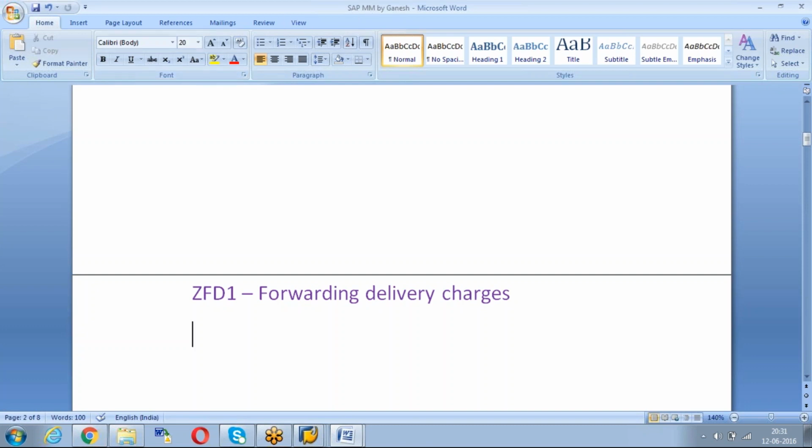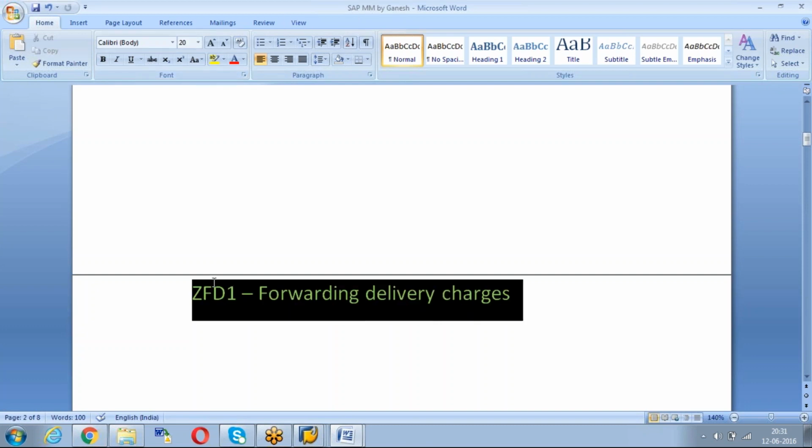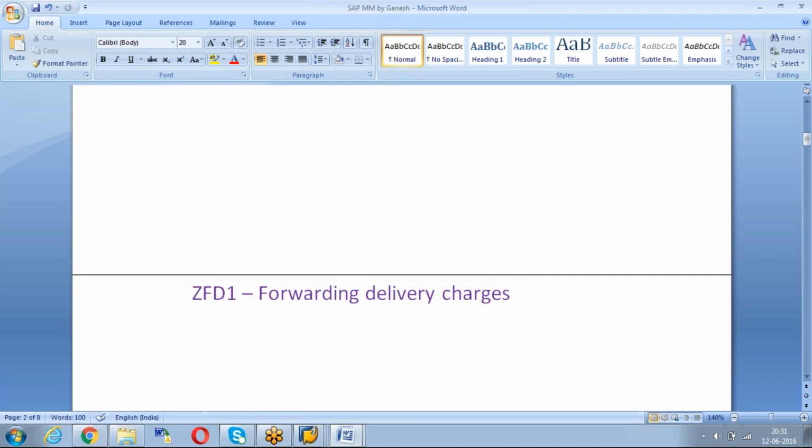You forget about that entry tax, you just replace that entry tax with this forwarding delivery charges. And you can explain the smart forms and these table enhancements. You may not need to go into exactly which function module he has used, or which BAPI he has used. You might not go into that much technical detail, because as a functional consultant, your work is mainly